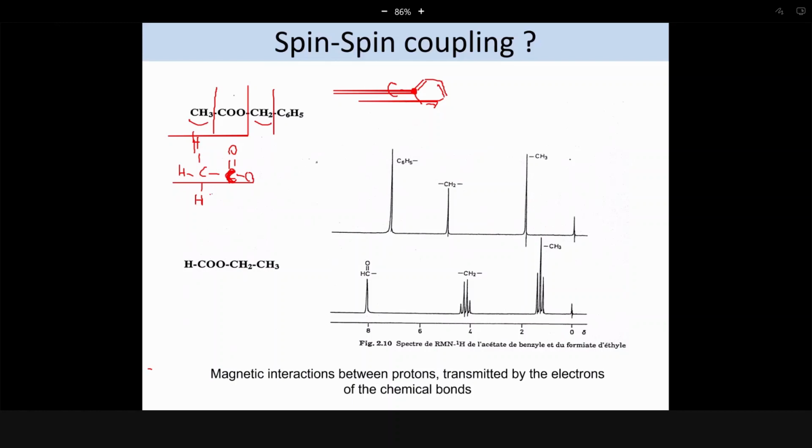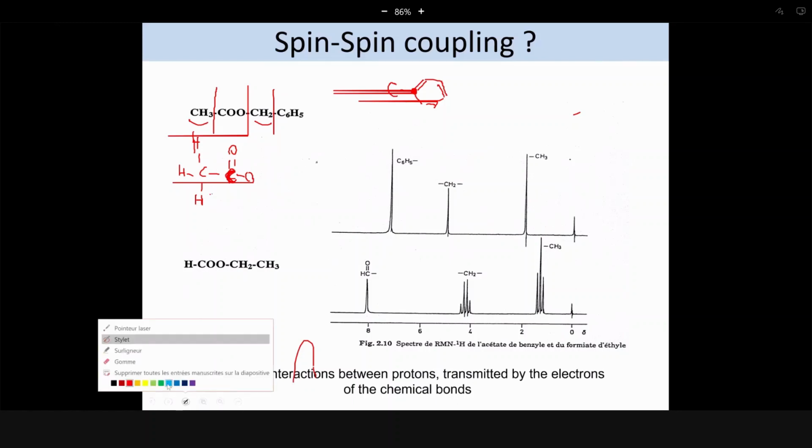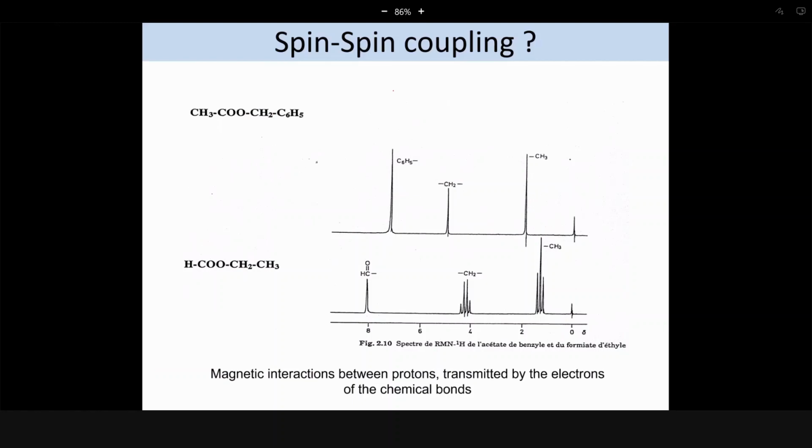So it's like I have another wall separating the CH2 from the proton of the aromatic ring. In this second molecule here, I have a wall again, separating this proton from the others, but the 2 others